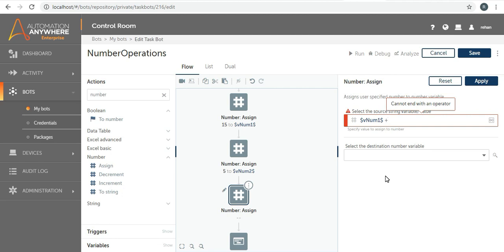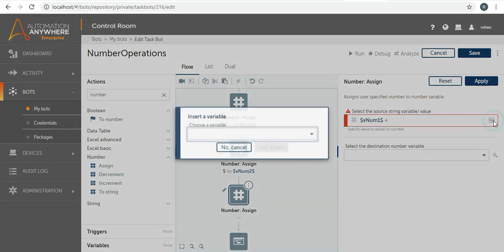Automation Anywhere A2019 supports these types of operators, like brackets and inner brackets. It allows the plus operator, minus operator, divide operator, and multiplication operator. So you can use all these operators. Let's do it with the plus operator. You can write it this way: num1 then num2,